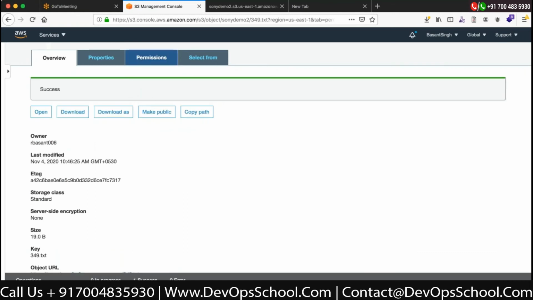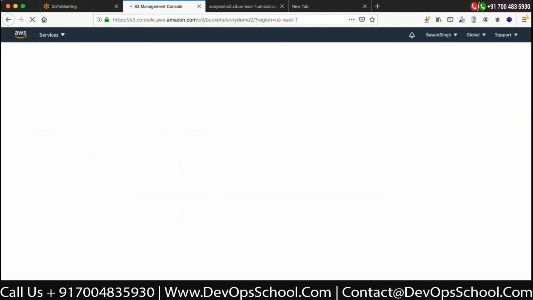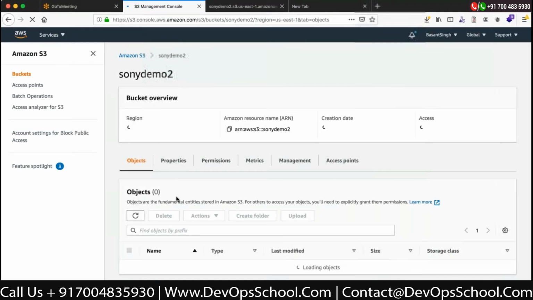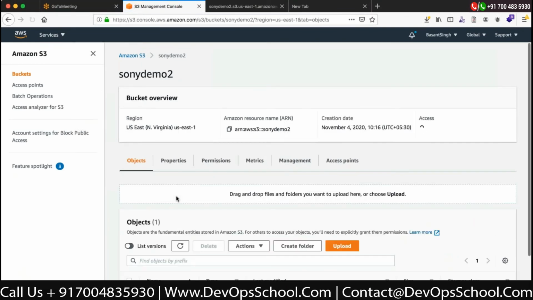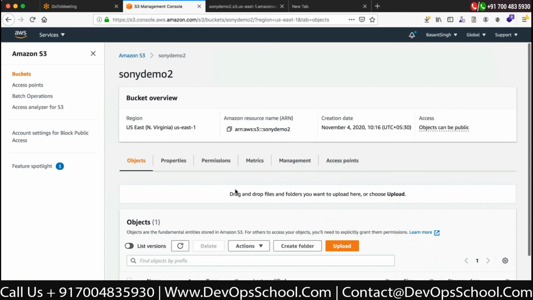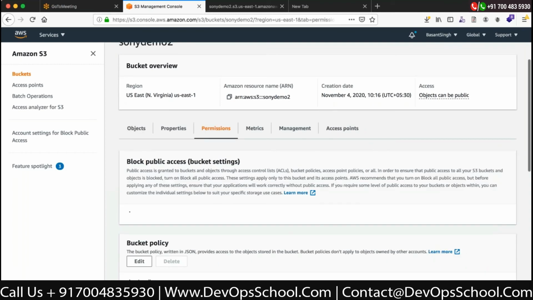Now if I go back to Sony demo 2, that's our bucket. Okay, and we made the object public, right? We made that particular object public. But when we go to our bucket again, we go to Permissions again, and we go to the Block public access bucket settings. Okay,